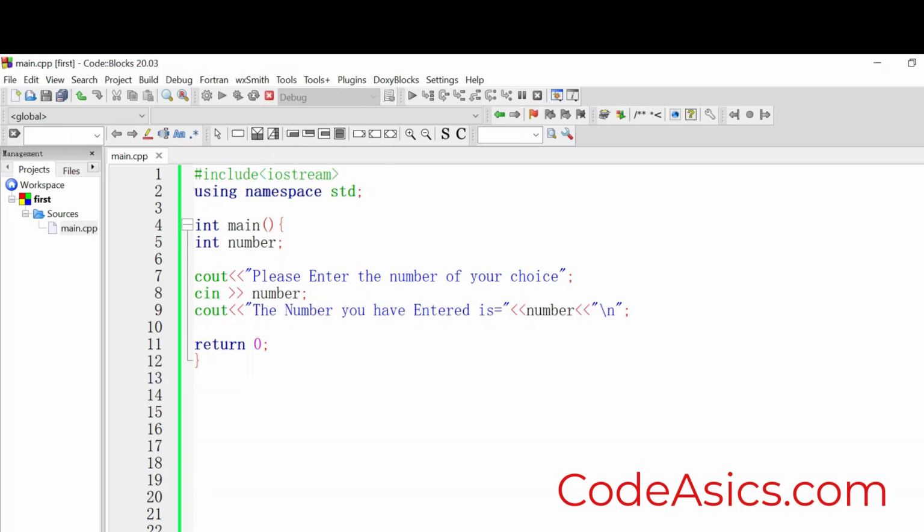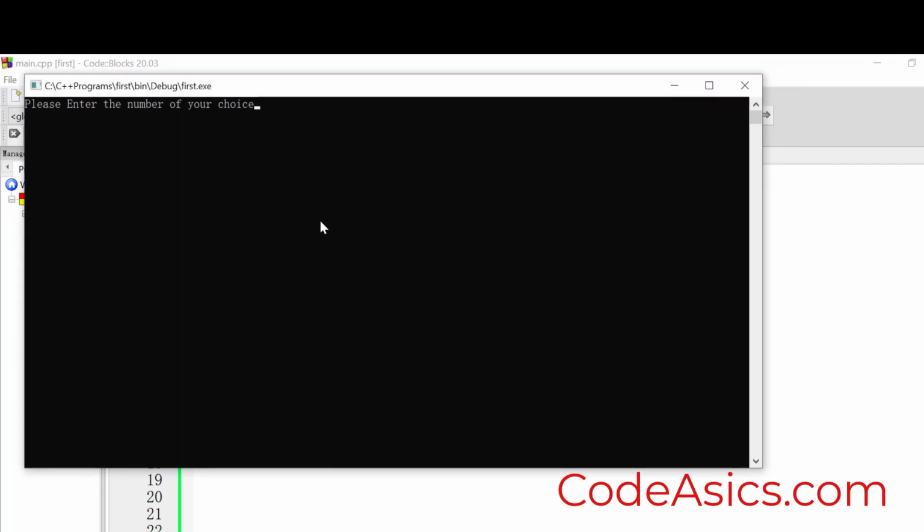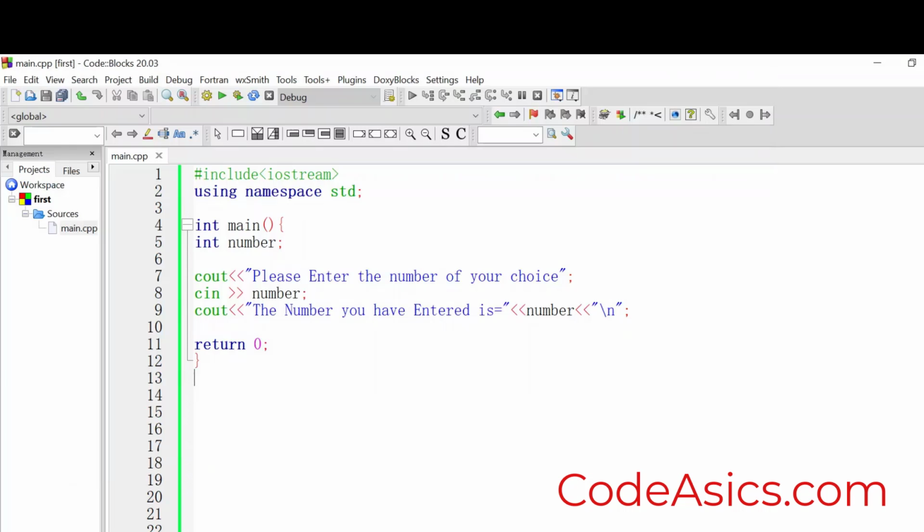So we need to perform two operations simultaneously because a C++ program requires compilation. And immediately it says enter the number of your choice. I'm going to say 210, and you have entered 210. So that is the program's completion. You can again run it